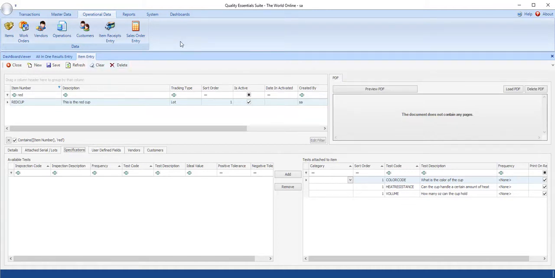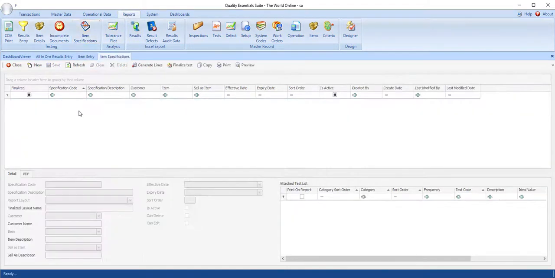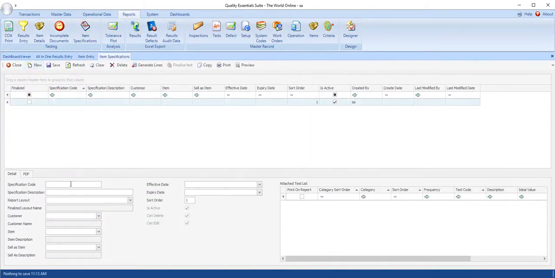Now that I'm going to be sending this out to customers, they want a basic specifications form. So I'm going to go to reports and item specifications, and I'm going to create a new specification, and this is red cup specs. These are the non-customer related testing specifications. You can pick a report layout if you build one, because if you send it to the customers,